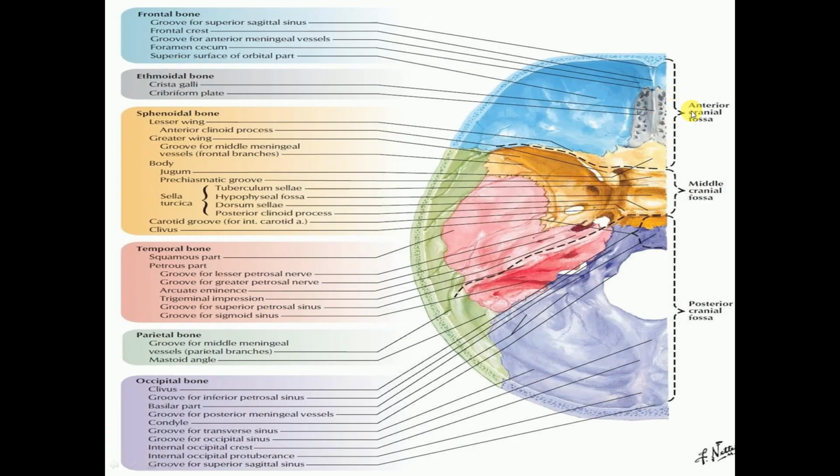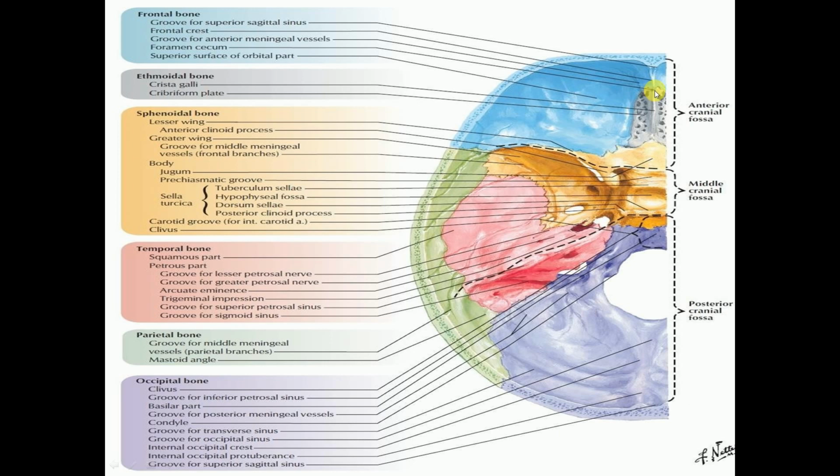So in your anterior cranial fossa, you have the frontal and the ethmoidal bone, and in your middle cranial fossa, you have the sphenoidal bone. In your posterior cranial fossa, you have temporal bone, parietal bone, and the occipital bone. So in the frontal bone, this is the groove for the superior sagittal sinus. This is the frontal crest, and this is your groove for the anterior meningeal vessels, and this is your foramen